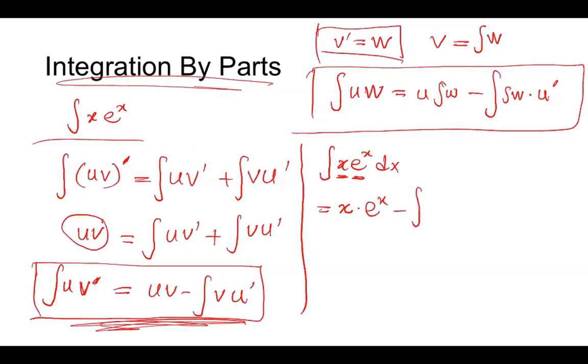and then I'm going to write the same thing here, this integral of w. So it is going to be e to the power x again, times the derivative of the first function, which in this case is 1, so it is going to be 1 here, dx. And x times e to the power x minus, you have to integrate this again. The integral of e to the power x is e to the power x, and that's it.